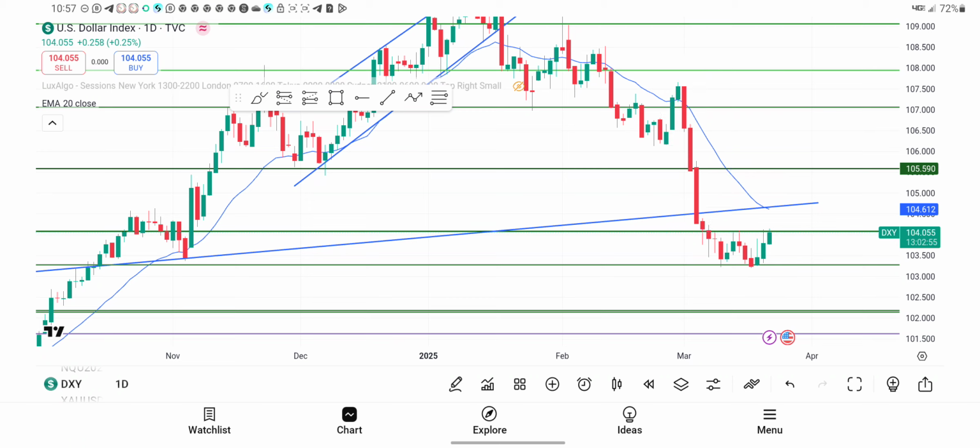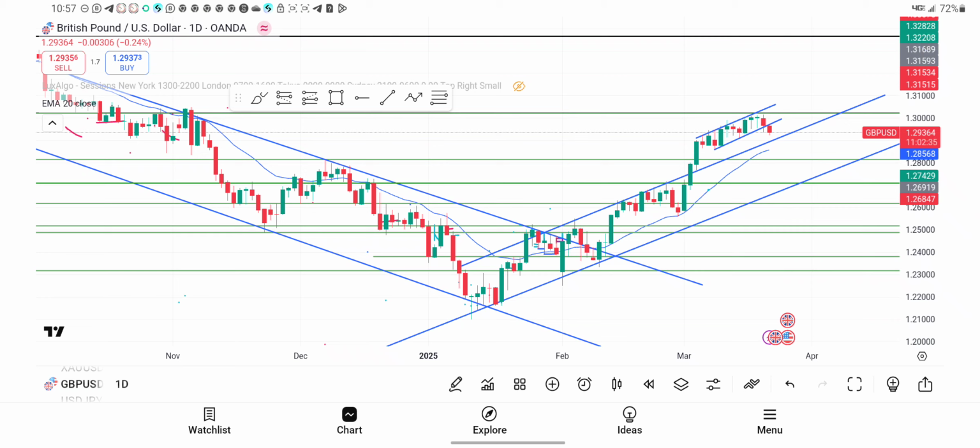And then in correlation to GBPUSD, you can see how the GBPUSD chart is like an inverse of the DXY chart. So we all know that towards the end of last year, GBPUSD was on the downtrend, and primarily this year we can see that the trend has changed to an uptrend, and yes, we are